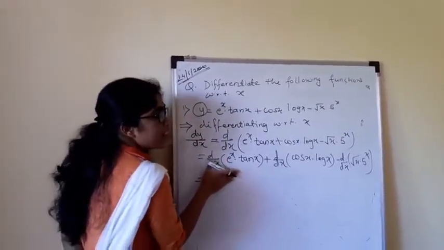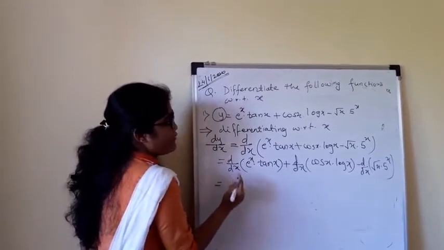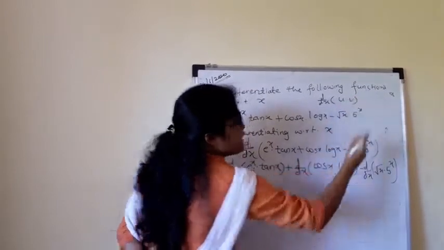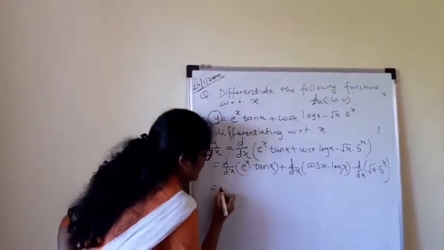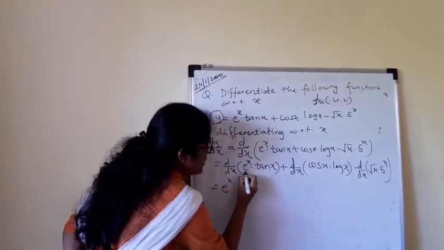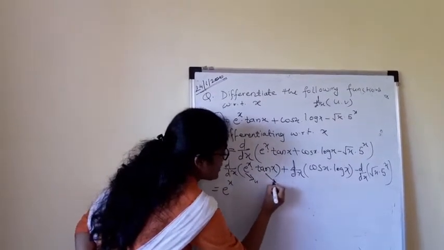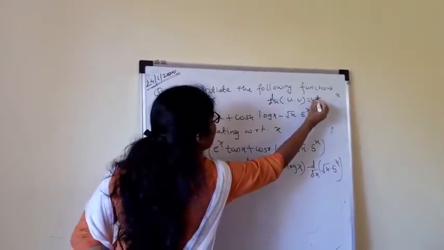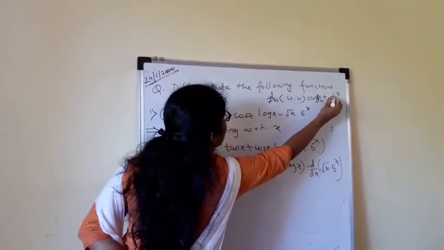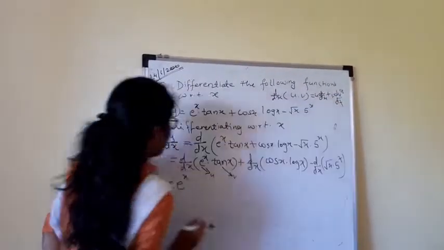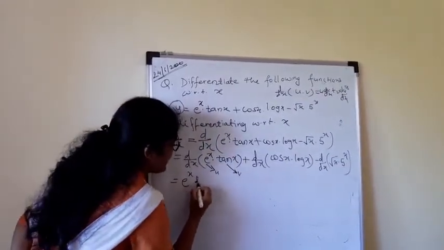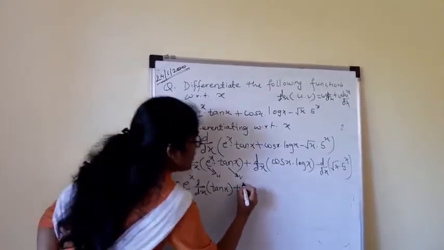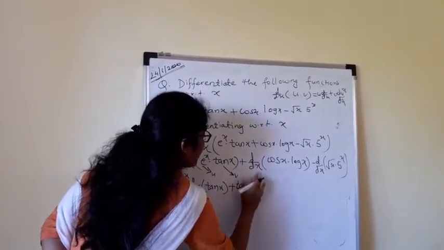Now we know that this is in the form of u into v, and d by dx of u into v, we know this rule, the product rule. So what is the product rule? Here u is e raised to x, this is u and this is v. So our product rule is u into dv by dx plus v into du by dx. So u as it is, derivative of tan x plus tan x as it is, derivative of